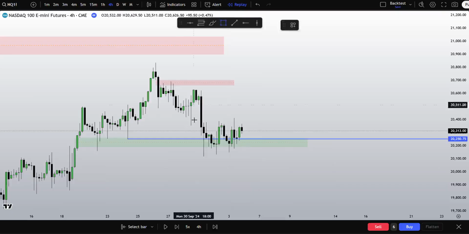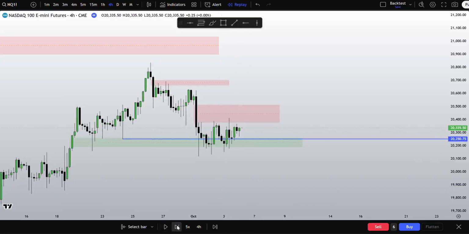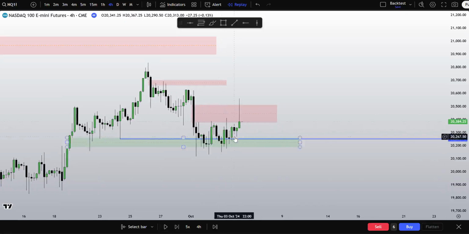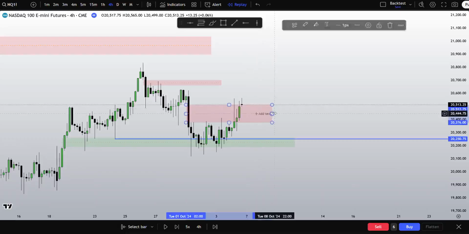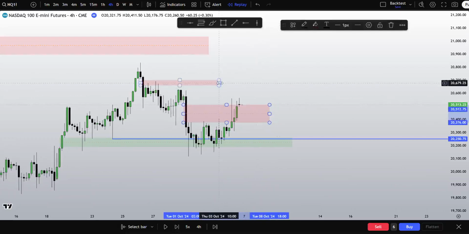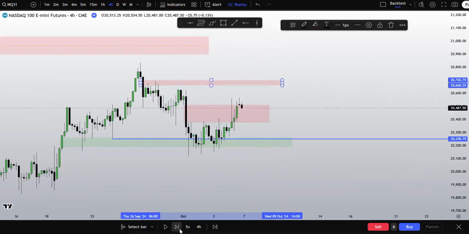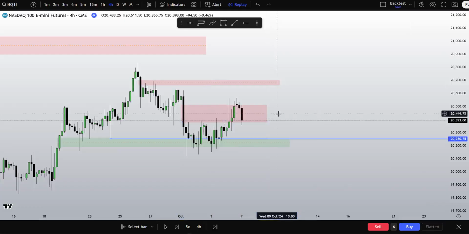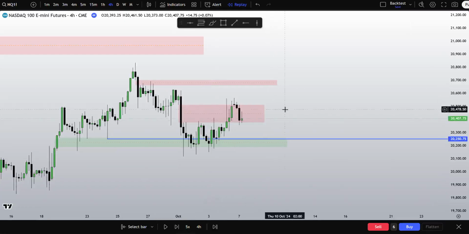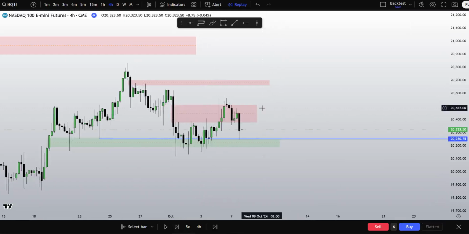As you can see, this is what I'm talking about when I say the inoptimal conditions. We're just bouncing around from imbalance to imbalance. During these times, you can still catch trades, but they're just not as optimal. I want to see one side get disrespected. Once again, here we go. Finally, this gets disrespected. So what I'd like to see is it head higher. Wait one instance. I want to see us head higher.